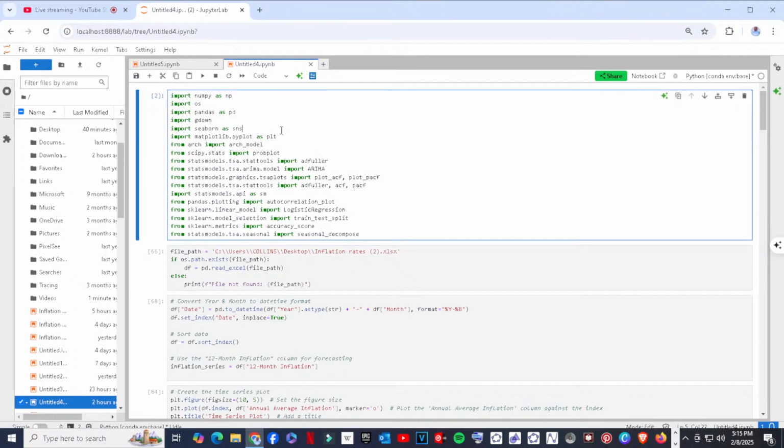Then we looked at descriptive statistics involving the mean and standard deviation, where standard deviation gives us an idea of what the historical volatility is.